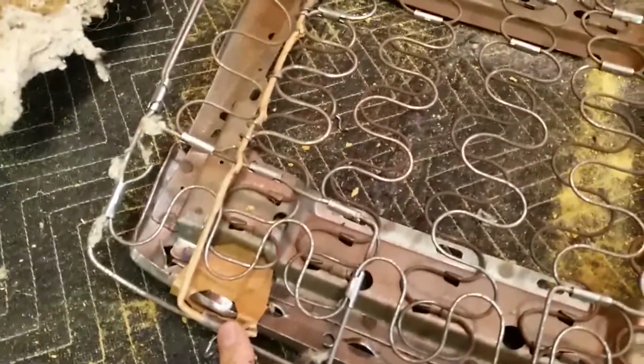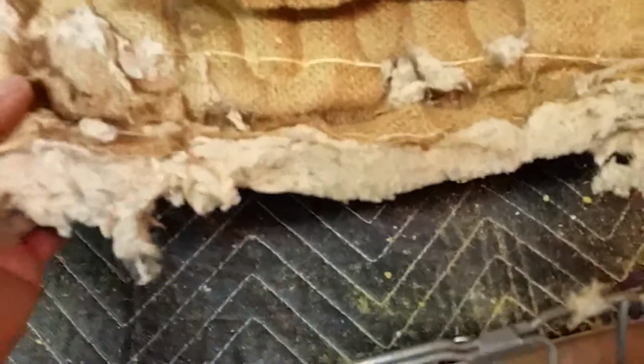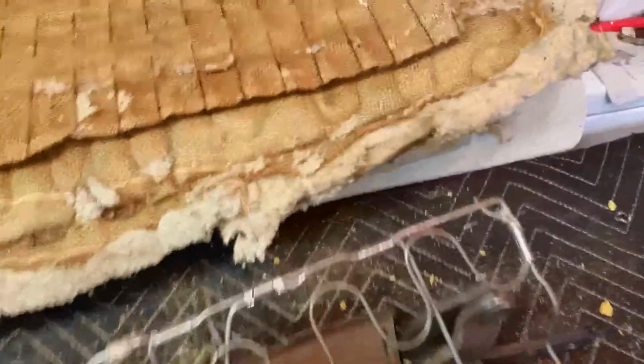So here are the original listing wires. So they attached them to the seat frame first, and then they put the panel on, that panel right there, and attached the panel in a couple of places with hog rings, and then they put the burlap down, and then they put the cotton down, and they hog ring that, because the burlap and the cotton are actually sewn together. So it's all in one piece. So they just, you know, for speed and ease of assembly,